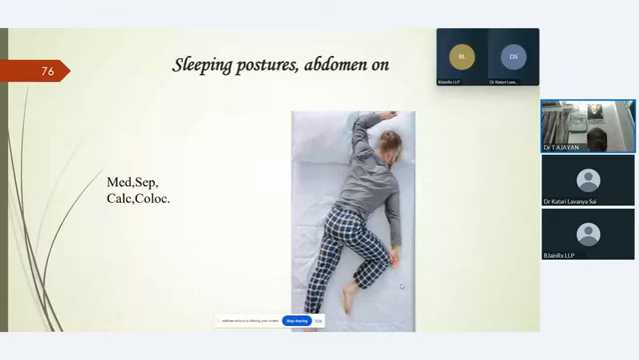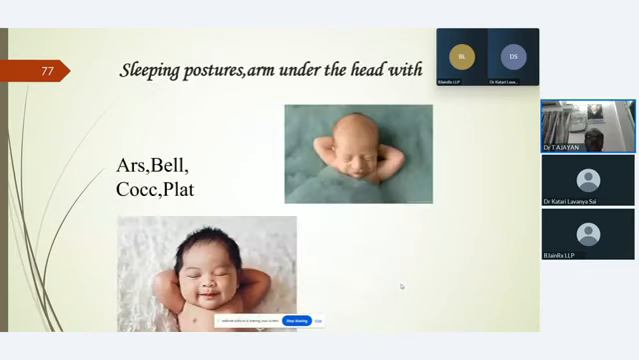I know a few homeopathy hospitals conduct rounds even at night. The reason is this: they are able to collect the characteristic features during sleeping. Now, is it audible? Okay. Then sleeping posture, the arm